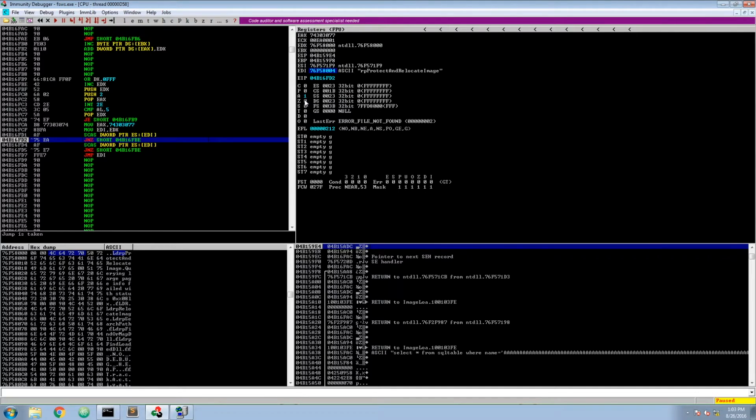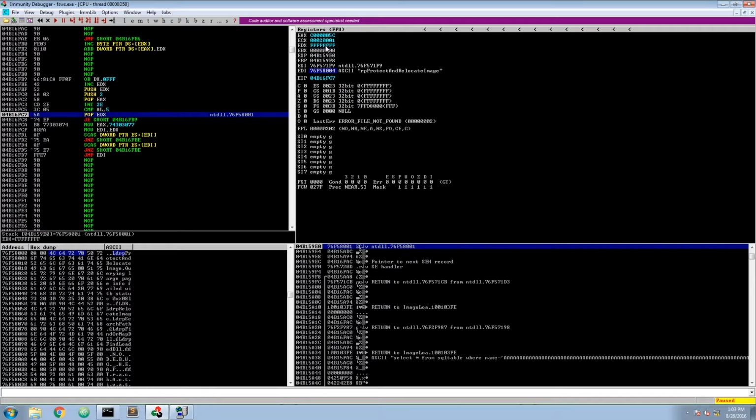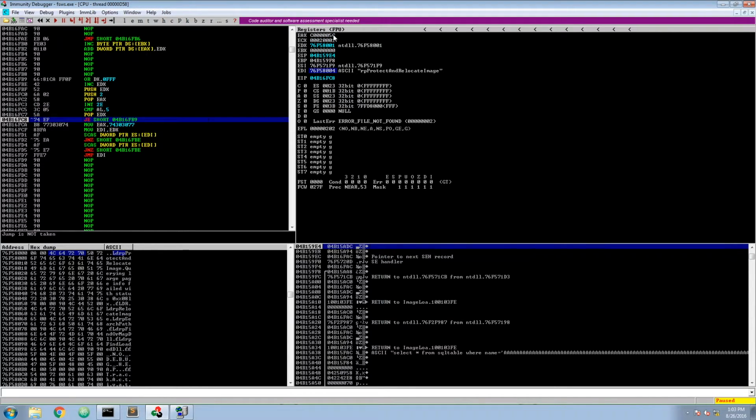The zero flag is not set now, so the jump if not zero is taken. We jump back, because this means EAX and EDI were not the same. It was not the egg we were looking for. We increase EDX by 1 and repeat the same game over and over again. Let's do our system call. It's once again readable, so we don't jump. We put our egg in here, move EDX into EDI, and compare. It doesn't work, so we go back, increase EDX, and so on.